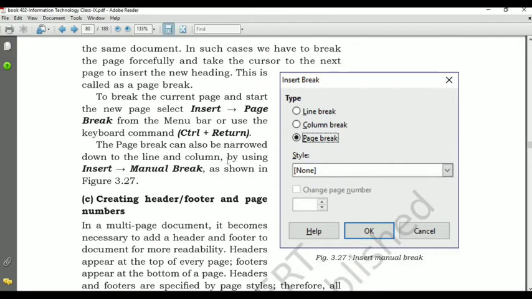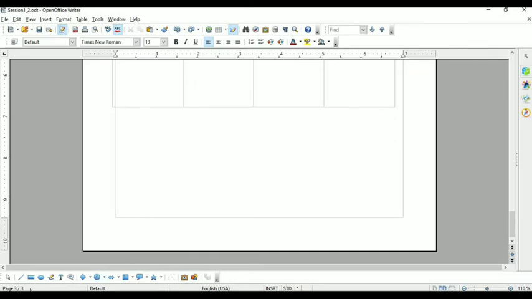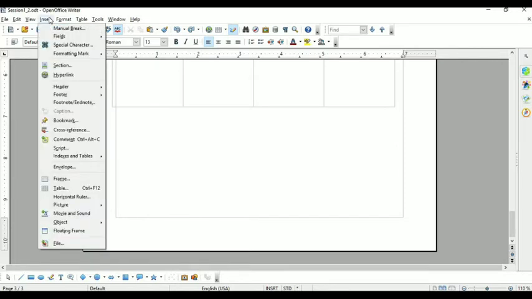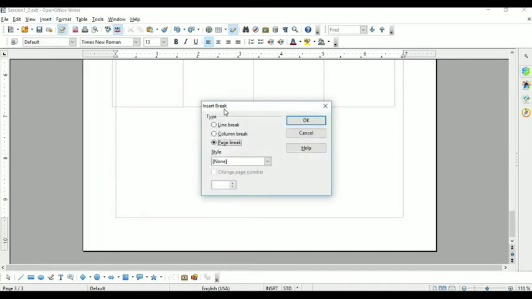To insert a page break in your document, you have to select the option Insert and then Manual Break. Let's discuss. This time I am working with page number 3 and I want to move to page number 4 directly from here. So what I will do, we go to Insert and then Manual Break. Manual Break is the first option. Once I click on the Manual Break option, we will get the Insert Break dialog box. In that, we have 3 types. First one is line break, second one is column break, third one is page break. So select the third one, page break, and then click on the OK button.